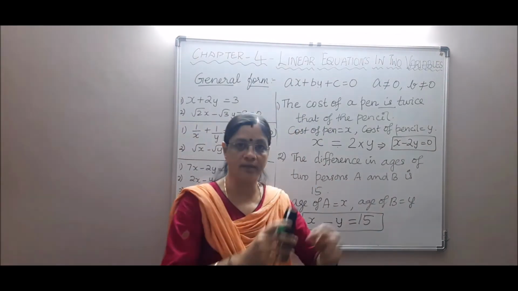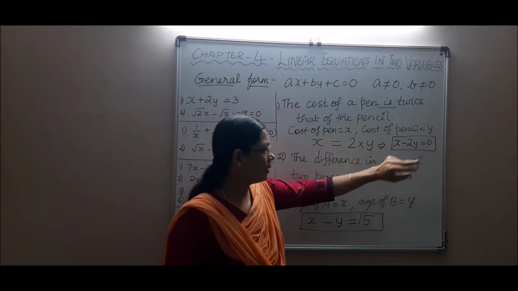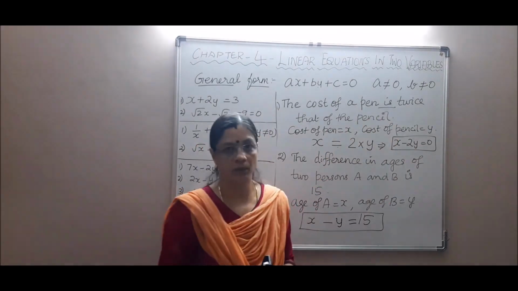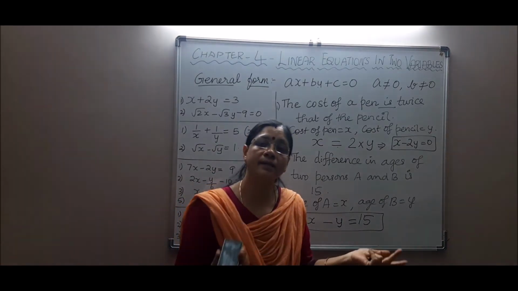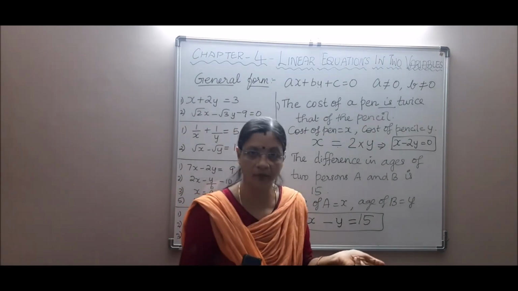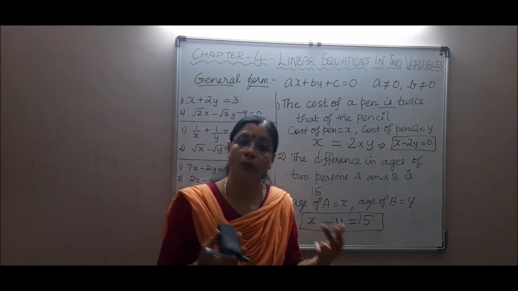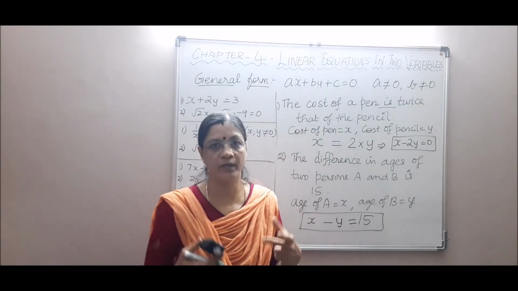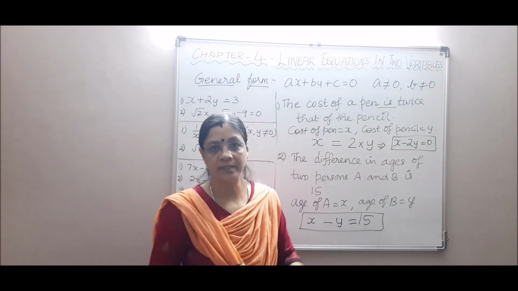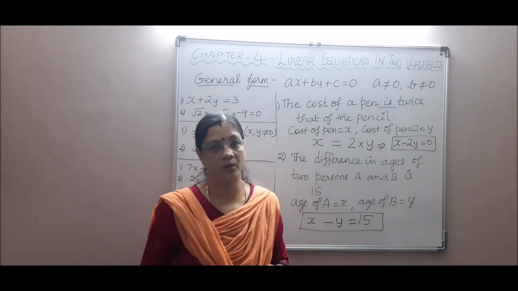Now the next question, so we'll pass on to the next step. We have landed until the mathematical interpretation of the given statements to linear equations, isn't it? Now what is the next step? If we have the equation and the unknowns here, obviously the next step is to find the values of the unknowns, isn't it? We have two variables here. So what is the method of finding the values for those unknowns?